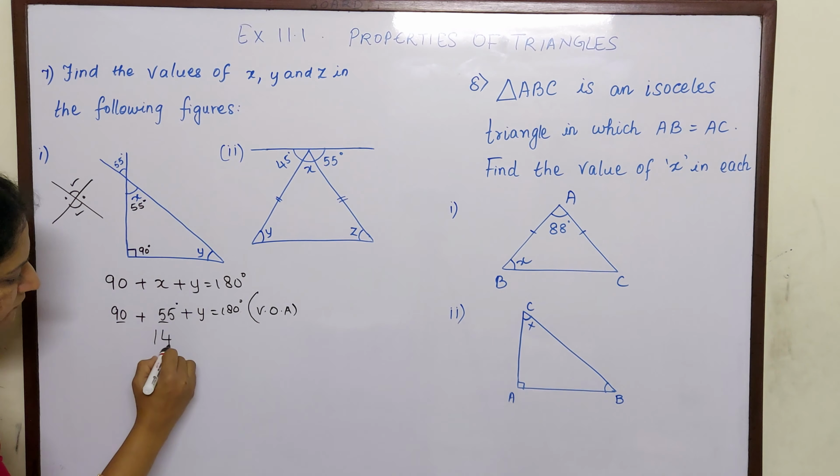So we can say here 45 plus x plus 55, they form 180 degree. So with the help of this, we will find what is x. So 45 plus x plus 55 is equal to 180 degree. Here you will write the explanation as angles in a straight line. Now let us add this. 45 plus 55 is 100 plus x is 180. So x is equal to 180 minus 100. x is equal to 80. Okay, so you have got x as 80 degree.